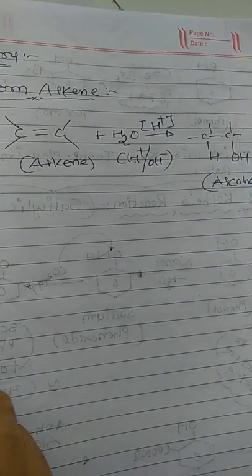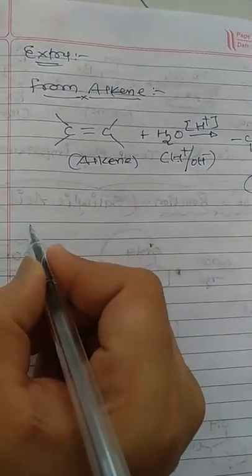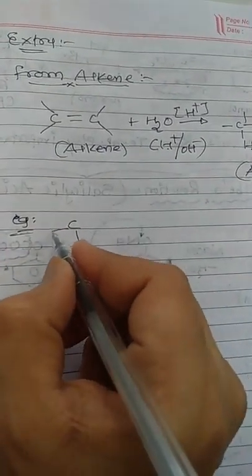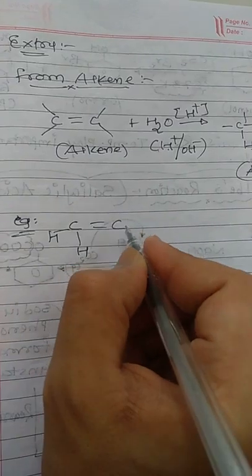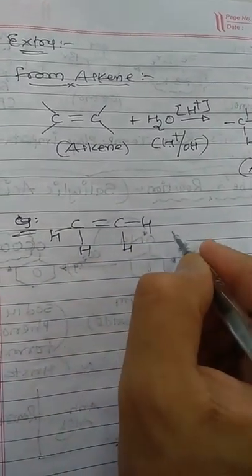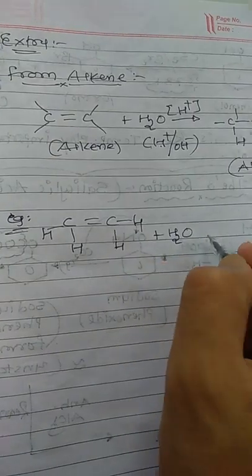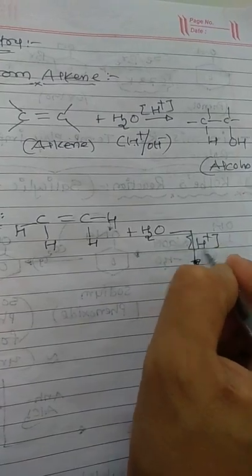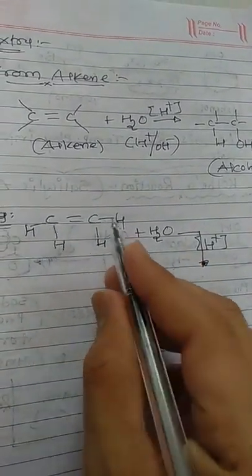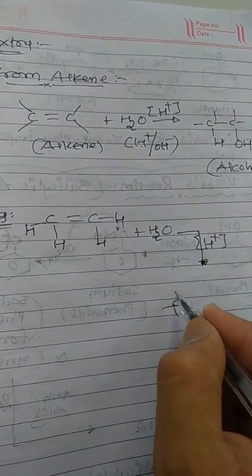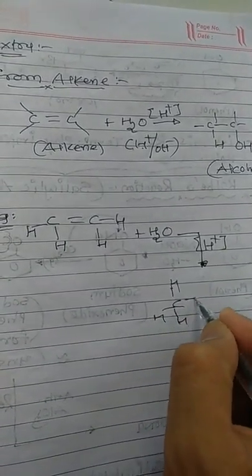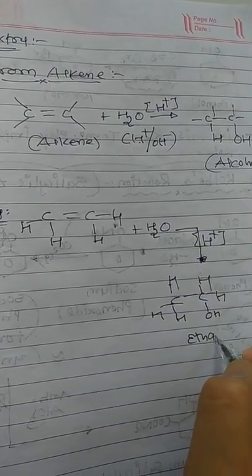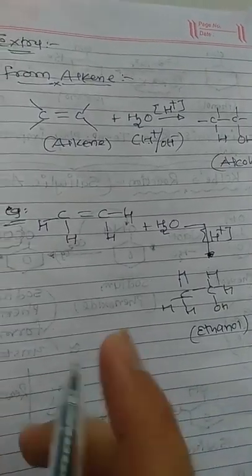If we discuss an example, we can write ethanol. So I will write from ethene, CH2 double bond CH2. Ethene undergoes hydrolysis in presence of acid as a catalyst. So H and OH are shifted respectively and give the product like this, CH3CH2OH. This is ethanol.